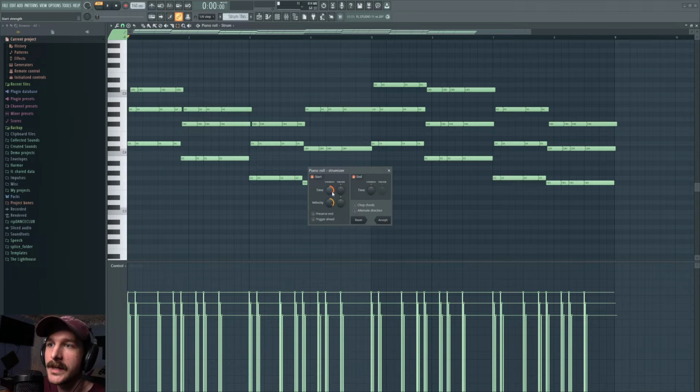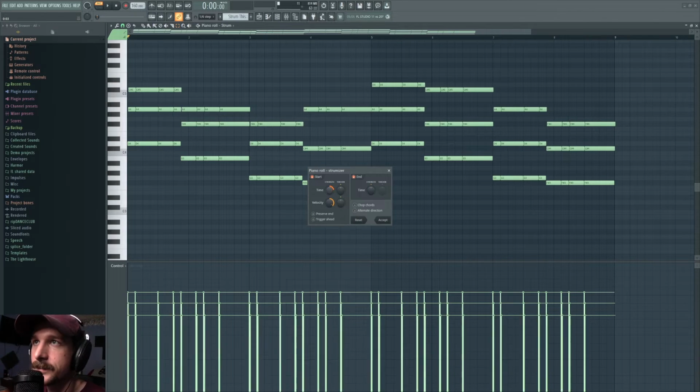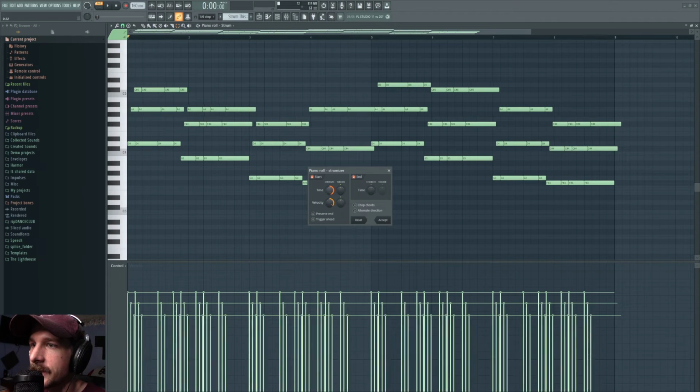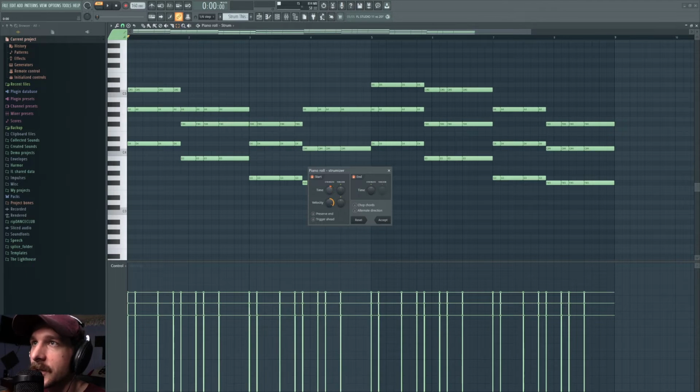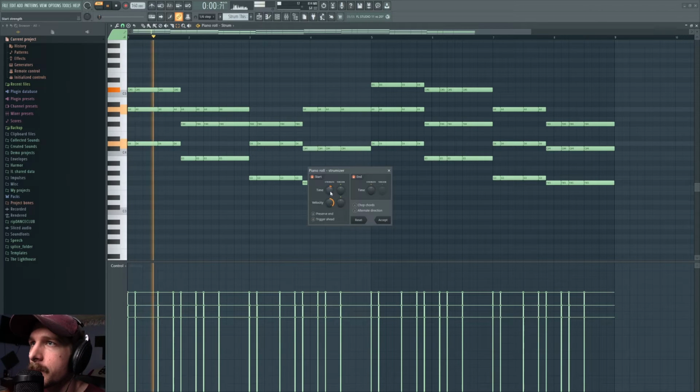So not only will the pitch be the same, but the sample that you're using is going to be different if you're changing the velocity enough. So first thing I'm going to do here, I've changed it to where my lowest velocity is for the highest notes. I'm going to shorten that strength a lot for the next step, but I'm just going to go in here